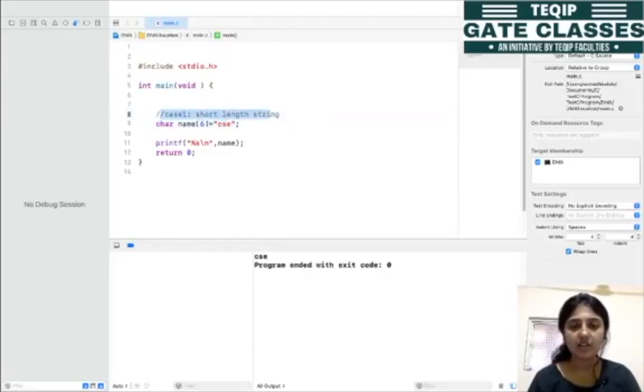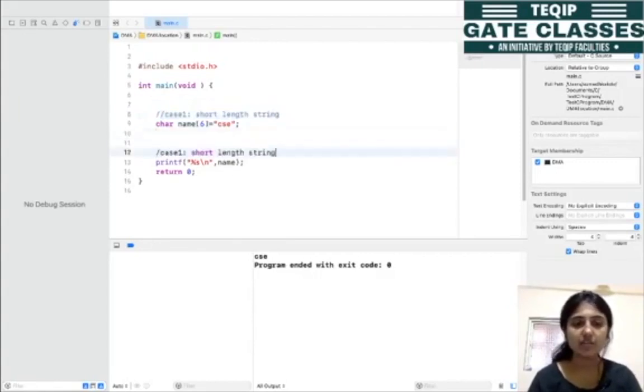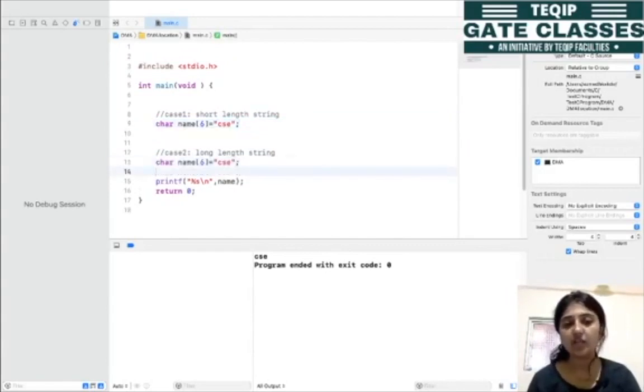Our second case, what was our second case? Our second case was related to when we have a long length string. What does long length string mean? The string, this CSE which we are assigning, its length should be longer than the array size. So let's say we have a character array whose size is 1 and we are assigning this.